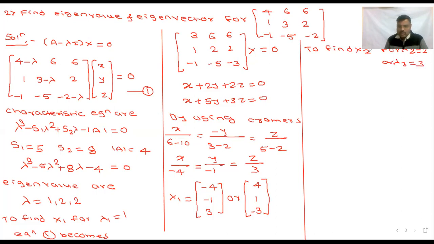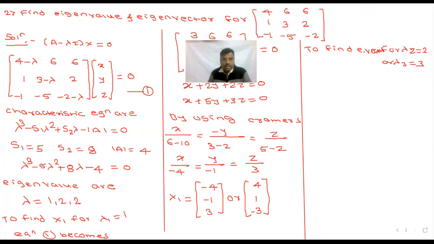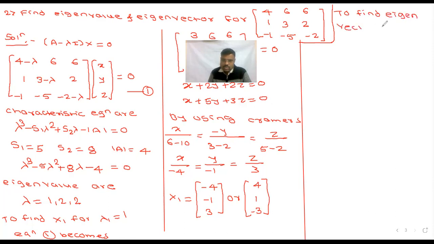So to find the next eigenvector, for lambda 2 equal to 2 or lambda 3 equal to 2, both are same. So equation 1 becomes,